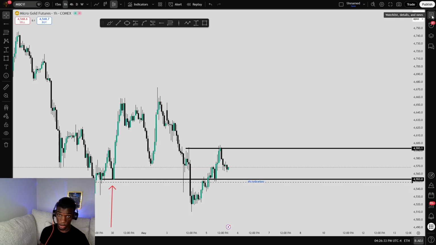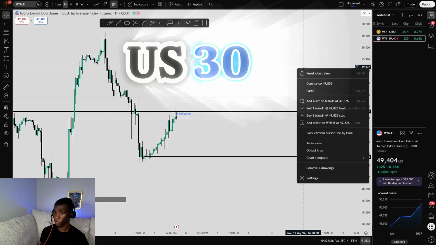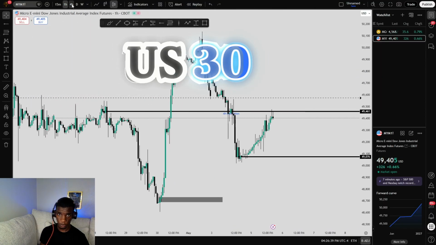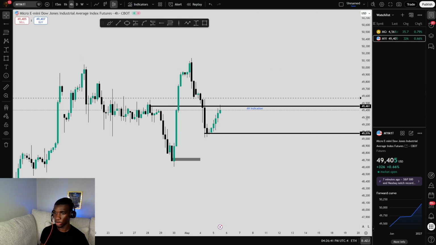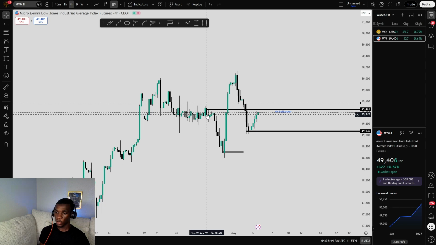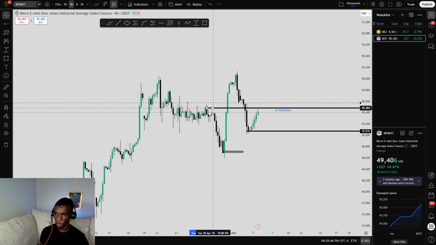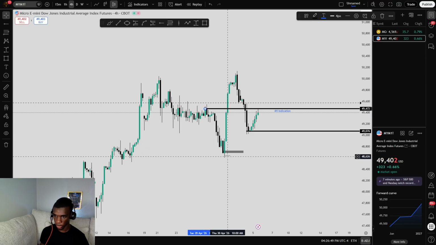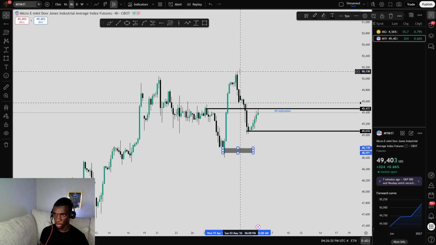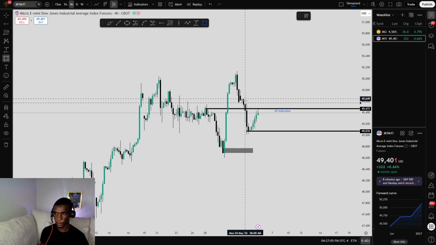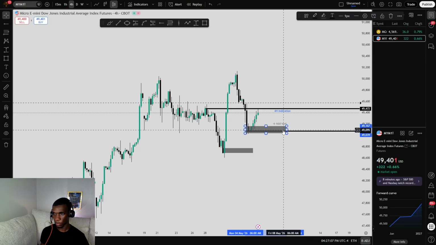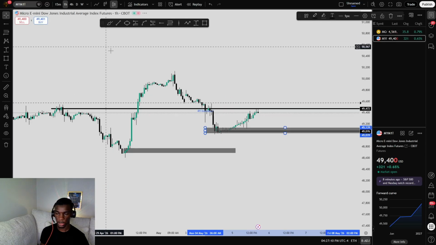Okay. So for US30, we have a high here that got broken, which is here. This was a low, right? We'll create a higher high, then price comes back down here. So now on the 4 hour, price is bullish. Price created a higher low right here. Price created a higher low right here, and